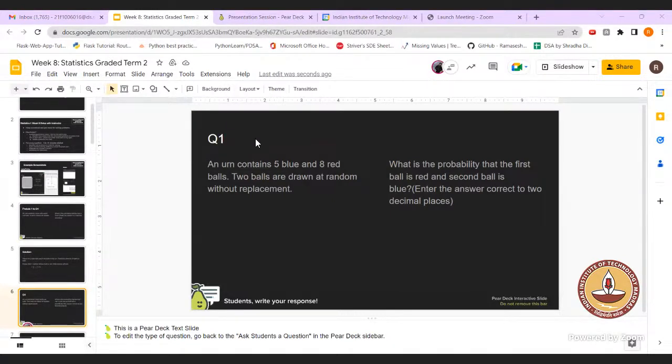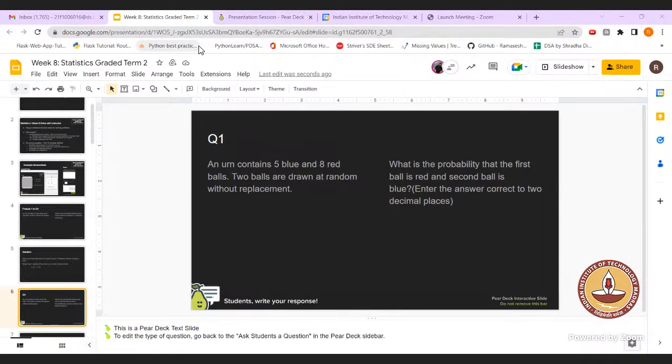Sir, our slides are still stuck on slide number 4. What is the question you can see now? Sir, in peer deck, it's the same question, choosing a ball or 2 balls. I think you have to refresh it. I refreshed it, sir, others also refreshed it. It could be a network issue from your side because even I can see the first question of yours. It's not there in the peer deck, but in the Zoom meeting we can see the new question.